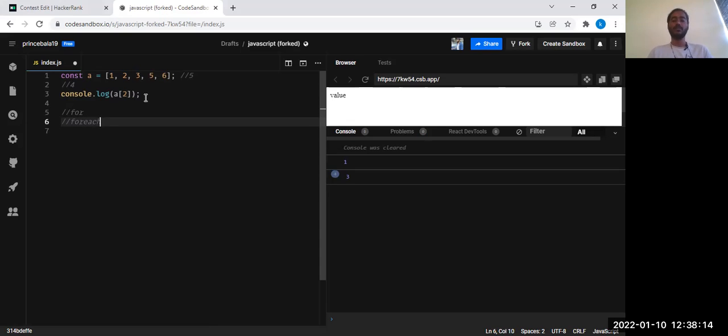It's very important to know both of the loops, because it will be very, very helpful for you in the future when you're working on any projects. You can identify which loop to use based on your need. Now let me tell you the syntax of the for loop.